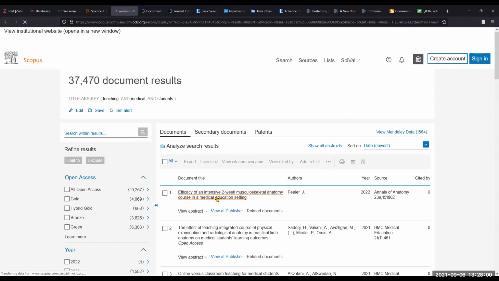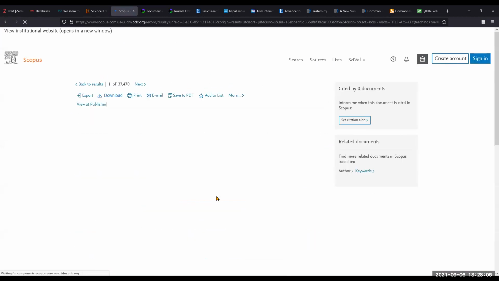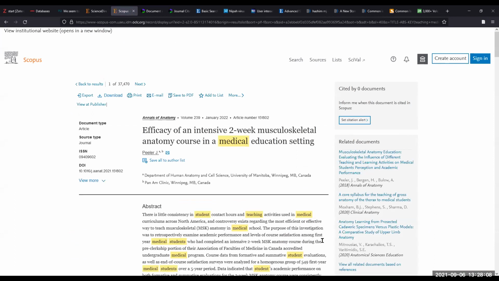So the article is now here, and what I want you to notice is this white icon. It says, when you hover on it, save to Zotero. So if I click on it, it will import this article, just the details like the author names, the title, the journal, etc., not the full text. It will import it into Zotero. So if I click on it now,